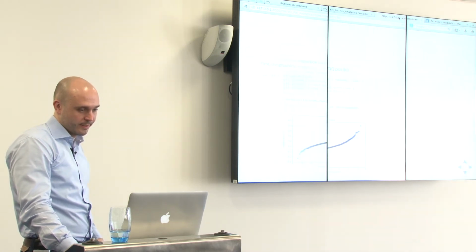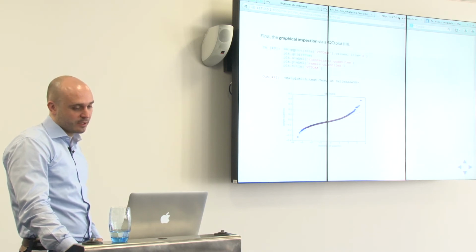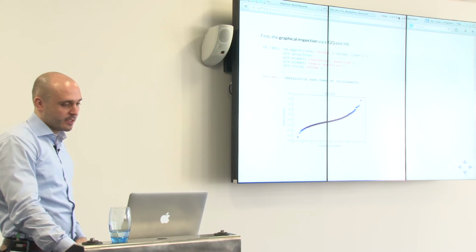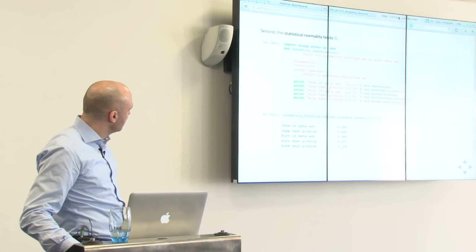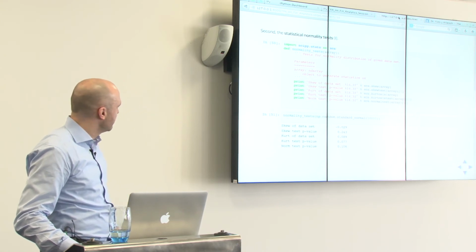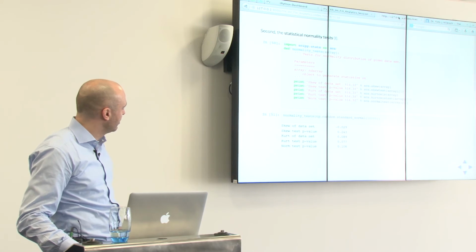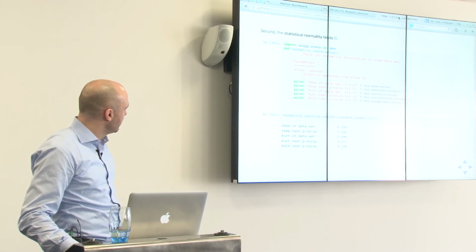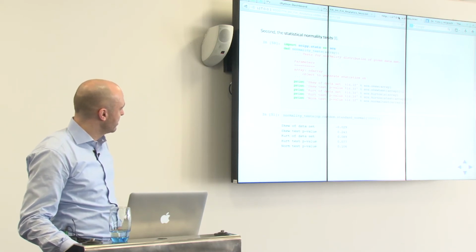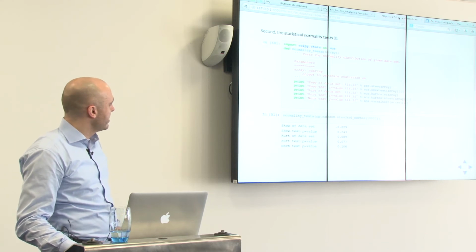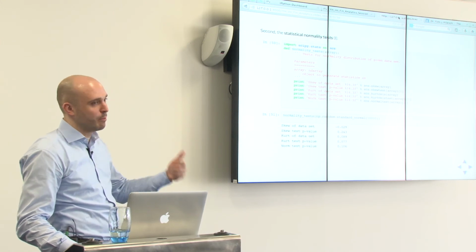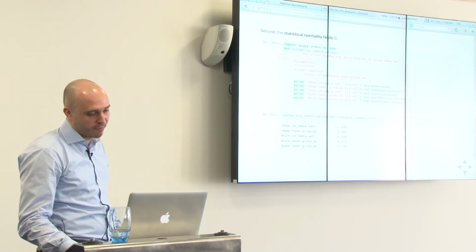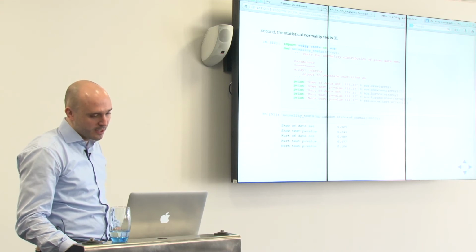There's something else. And the last thing we want to see is whether this is statistically true. What I have done is to write up a small helper function. As I said, you only need to call normal test. But what I also included here is to calculate the skew and the kurtosis, and also do a skew test and a kurtosis test. And in the end, an overall test, which relies on the skew and the kurtosis test. So this is a combined test of the third and the fourth moment. And you see here